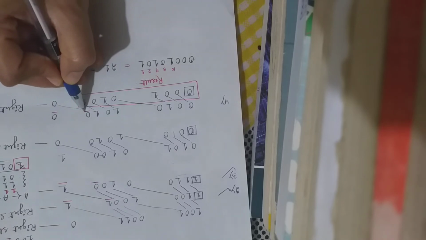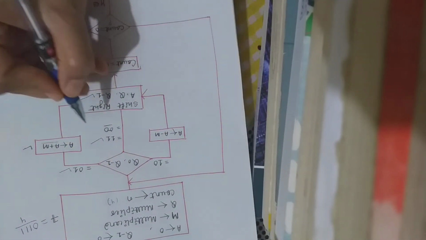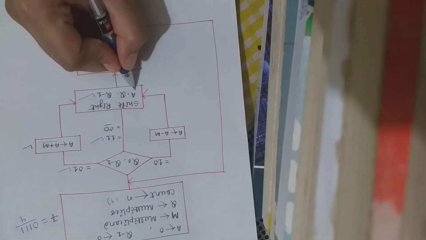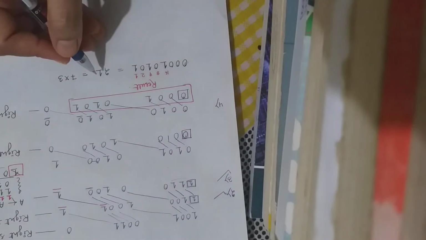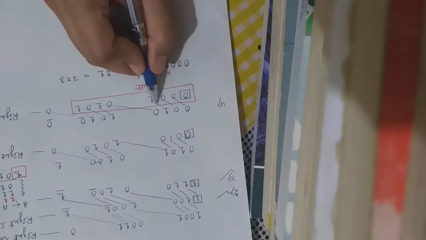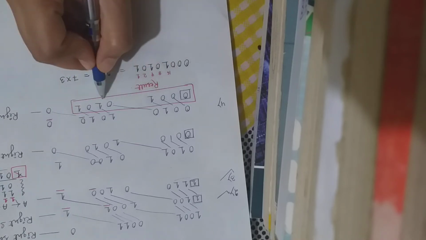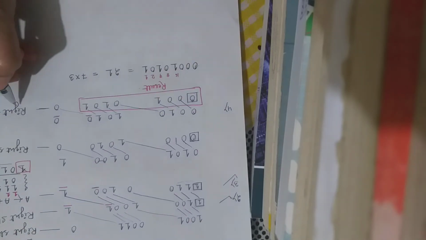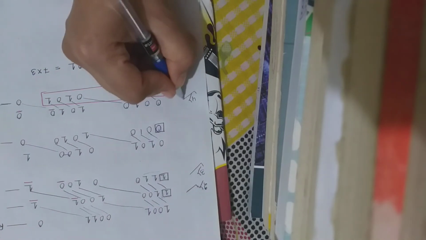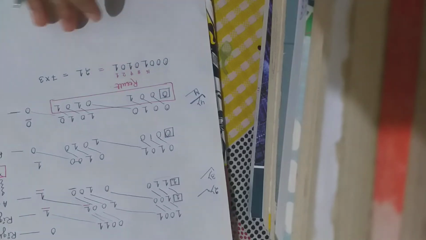If the value is 00, then what will happen? Directly it shifts the registers A, Q and Q minus 1. Then shift A, Q and Q minus 1, it will right shift, and the blank value will be filled up with 0. This will happen in the right shift. Here this number is 4. Step 4 complete.